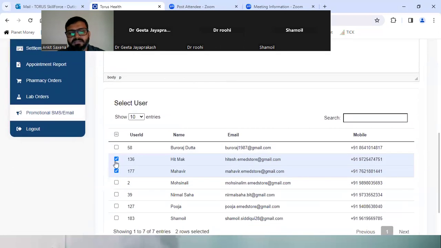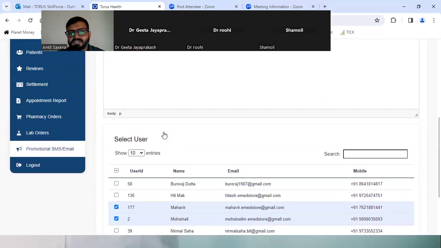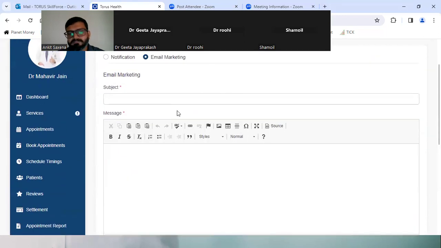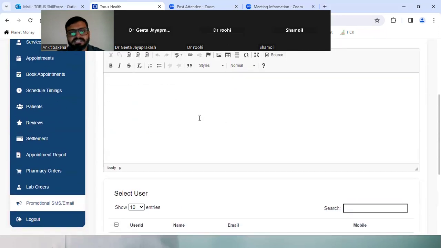Again, you can select the patients' details by clicking on the tick mark box here, and click on send email. The emails will be forwarded to the email of the patient. So that's how you can create marketing.